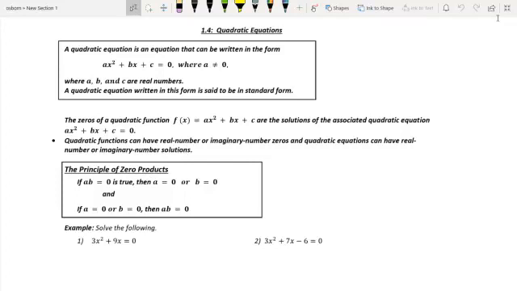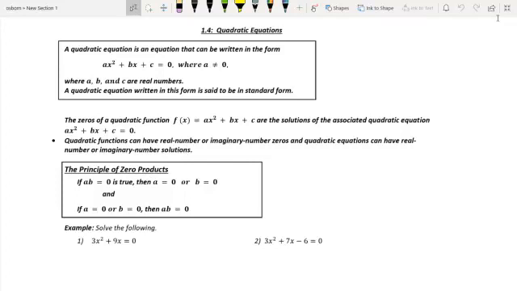Now the zeros of the quadratic function f of x equals ax squared plus bx plus c are the solutions of the associated quadratic equation ax squared plus bx plus c equals 0. Quadratic functions can have real number or imaginary number zeros, and quadratic equations can have real number or imaginary number